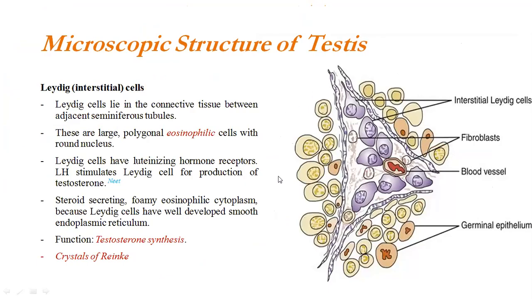Now, in between the seminiferous tubules, I told you we have supporting interstitial cells, in between cells. These cells are called Leydig cells. They lie in the connective tissue between adjacent seminiferous tubules. They are large polygonal eosinophilic cells with a round nucleus, as you can see here. Leydig cells have luteinizing hormone receptors. So luteinizing hormone stimulates Leydig cells for the production of